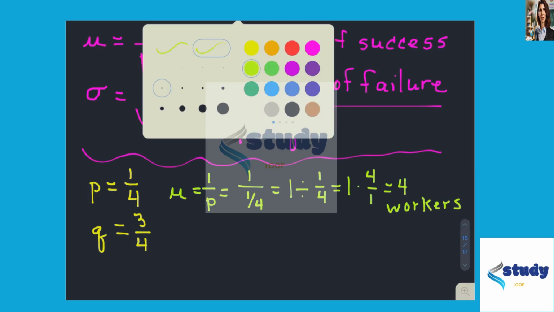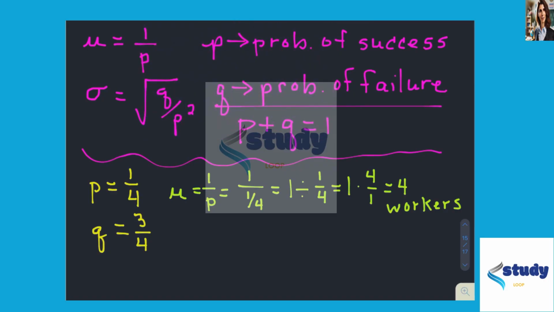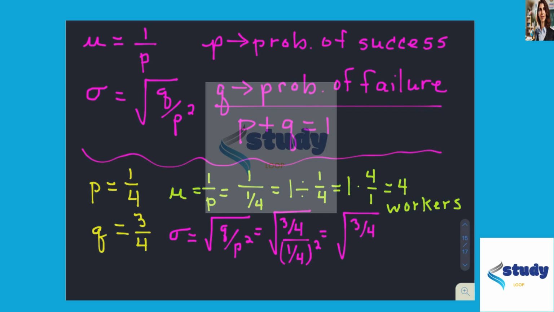Now we're ready to find the standard deviation. So standard deviation is the square root of q divided by p squared. So in this case, it's 3/4 over 1/4 squared, which is the same thing as saying 3/4 divided by 1/16,